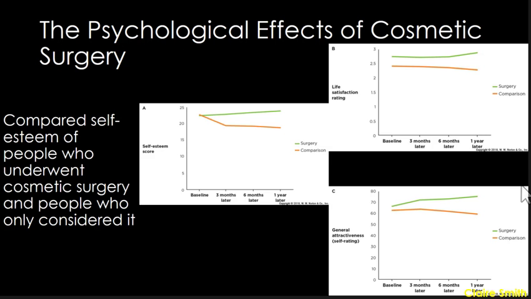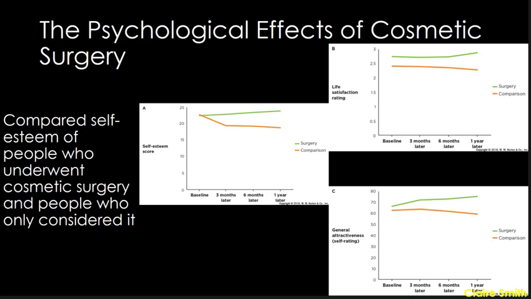Okay. The second example, again, this is a non-equivalent control group design with independent groups. So each group is different people who are participating. This study is looking at the psychological effects of cosmetic surgery. So the researchers wanted to compare self-esteem of people who underwent cosmetic surgery compared to people who didn't have cosmetic surgery. So what they did, they went to a cosmetic surgery clinic, or whatever you want to call it,